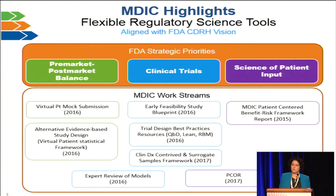So MDIC conducts its work on our 6 projects through work streams, and the constellation of examples below shows work streams that we have completed or recently started and how they align within those FDA strategic priorities. Within the pre-market, post-market balance, we've identified a way to statistically bring in prior information, prior evidence,